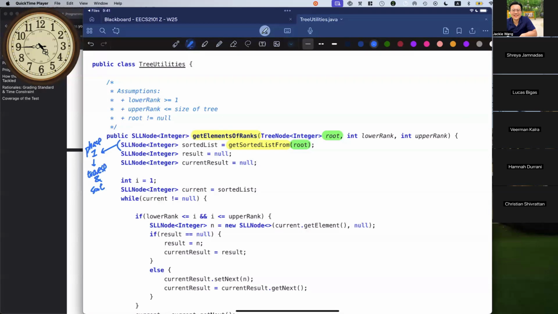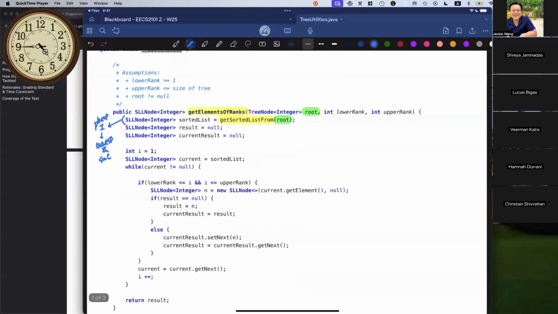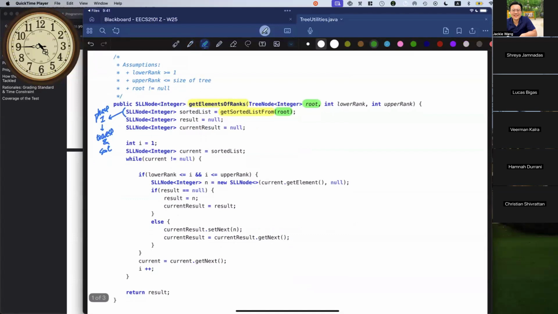Look at phase number two. That one's very easy to see. Phase number two is really this part over here, starting from this all the way to over here.